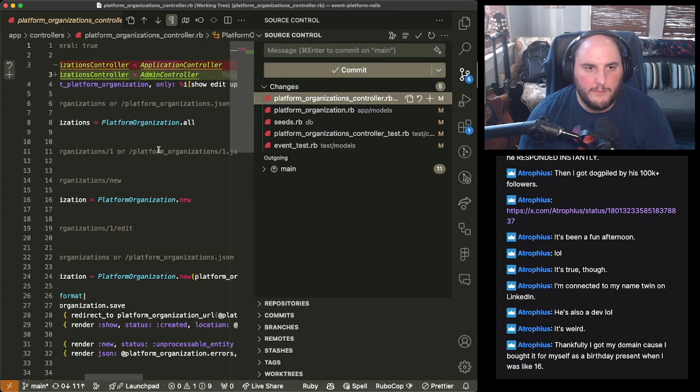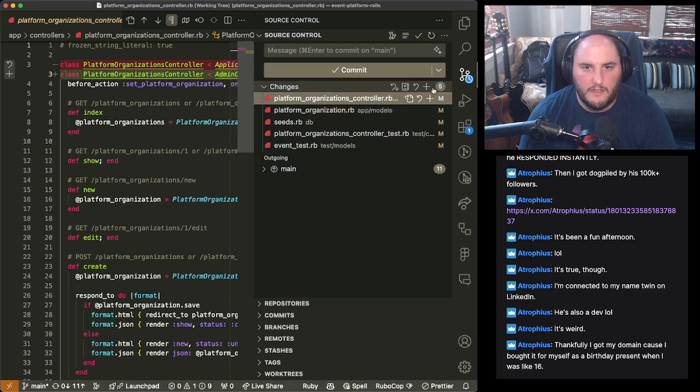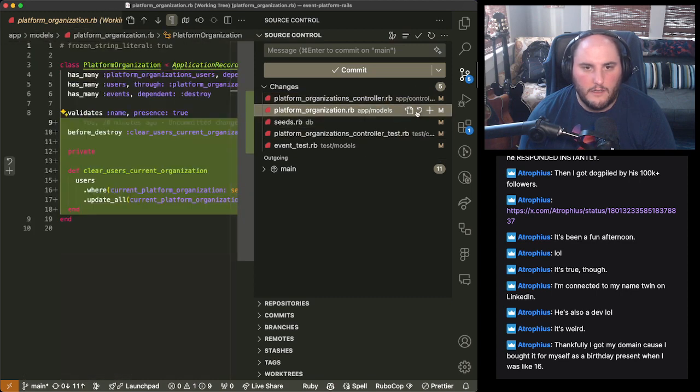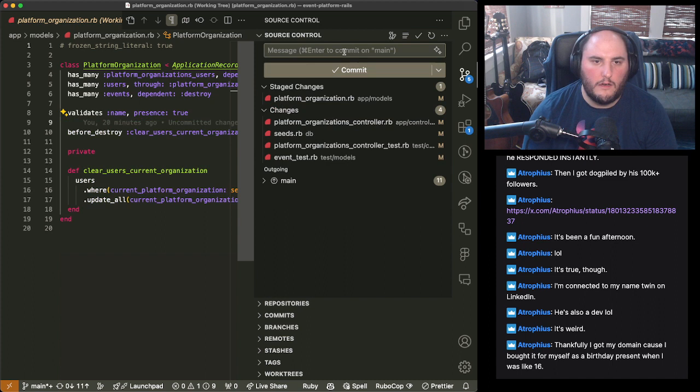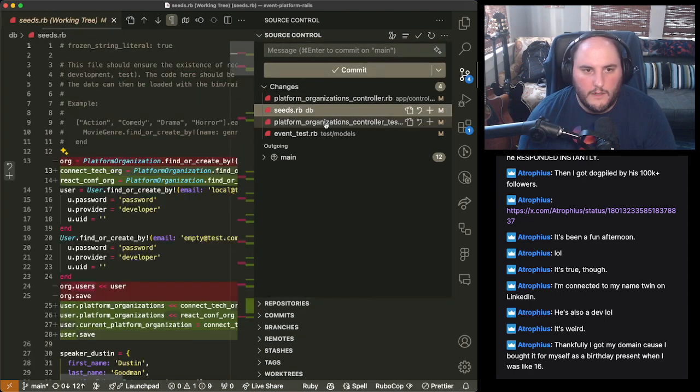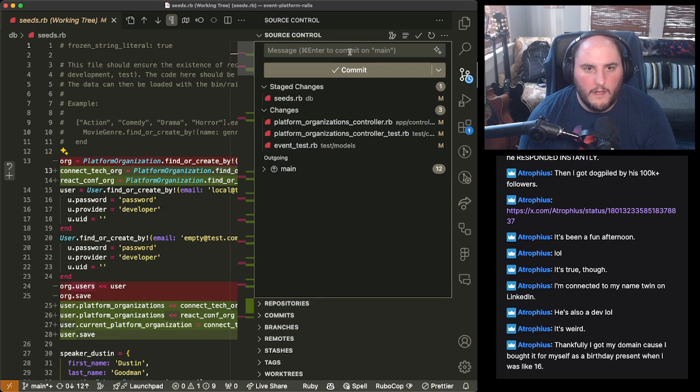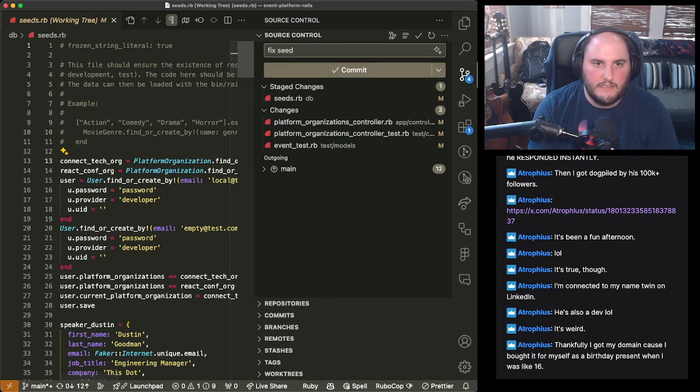Okay, next is going to be clear current org on users if org is deleted. Fix seeds to be idempotent.